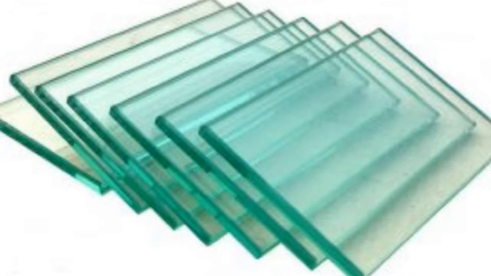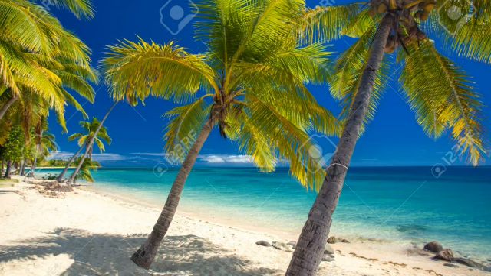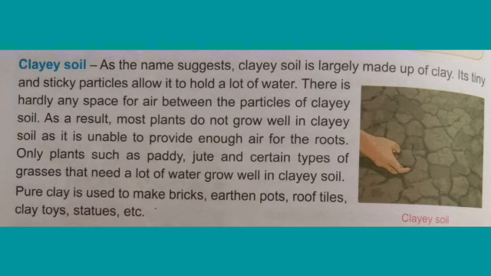Now the next part. Do you see greenery in a desert? No, because a desert is a barren area. Why? Because in a desert area there is sandy soil. That's why all types of plants cannot grow in a desert, and desert areas are barren. Got now why they are barren? Now the next one, clayey soil.